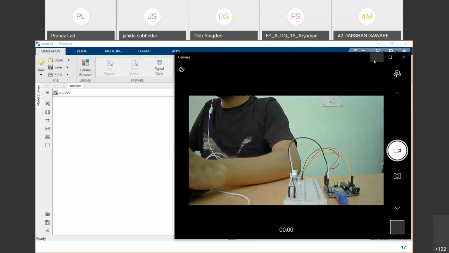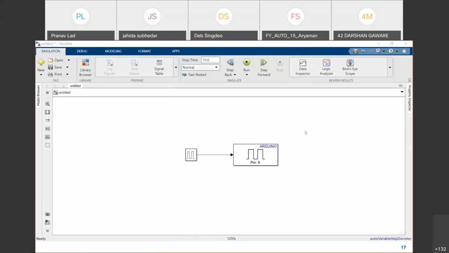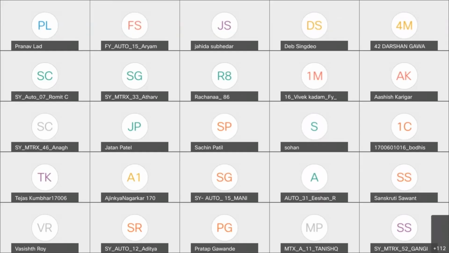This is similar to what we see. Let me, not sure, my screen is behaving a little weird today. Let me reshare it again. Just a minute.